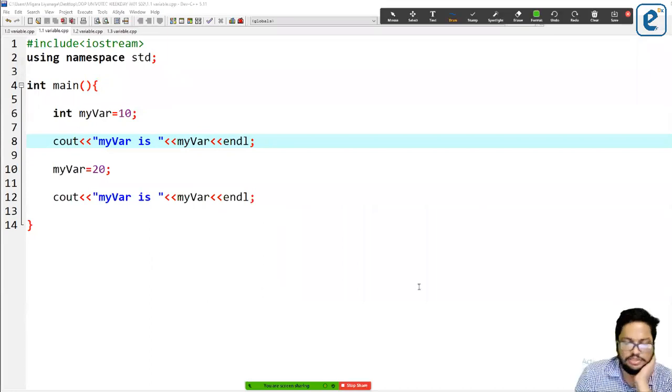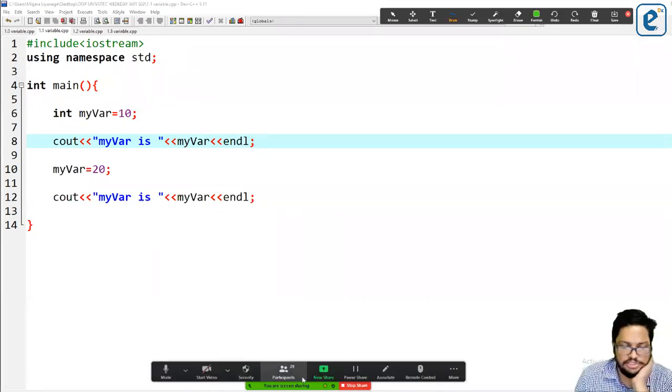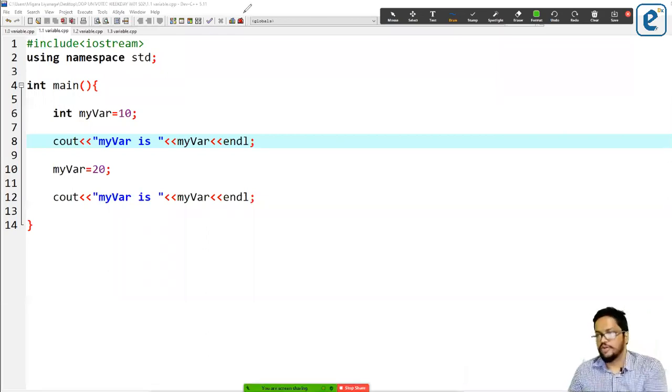Right? So every time this will happen, the right side will always be assigned to the left side. The right side will be assigned to the left side, right?